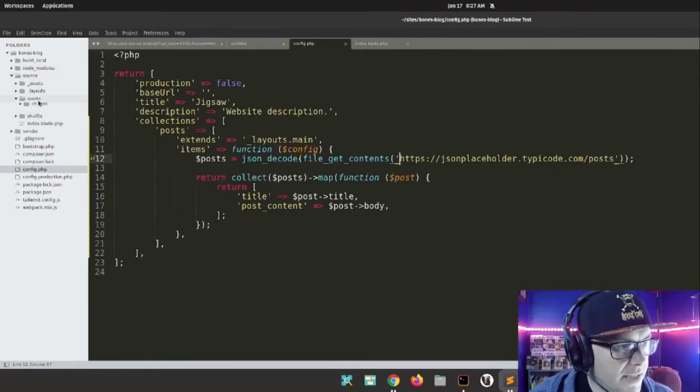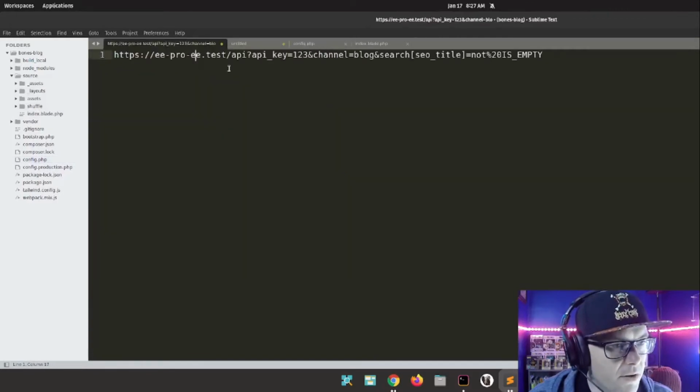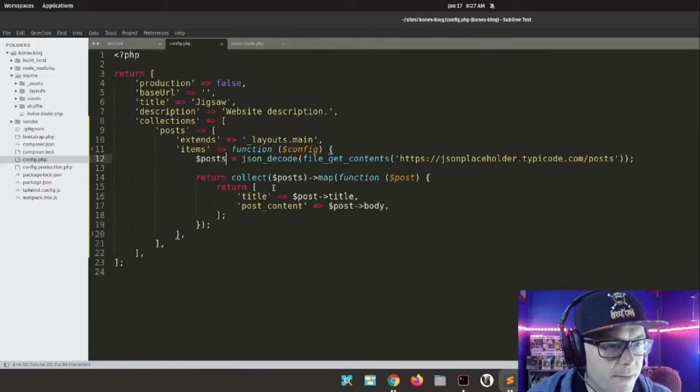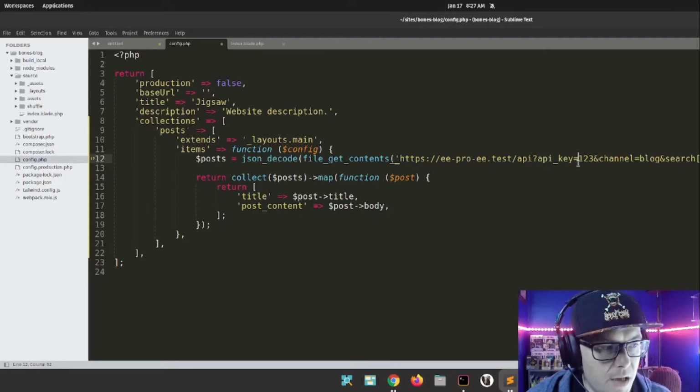So let's take a look at what that's going to look like here. Great. So we want to get our URL. So this is the URL that we used from our example last time. So this has our API key that we temporarily have protected. If you wanted to use Laravel's